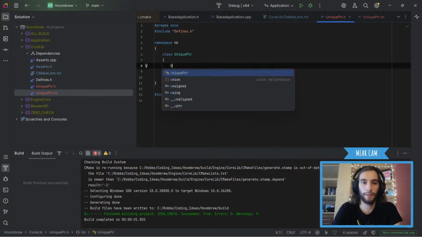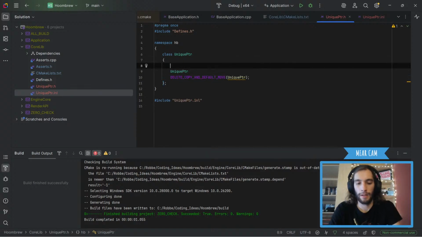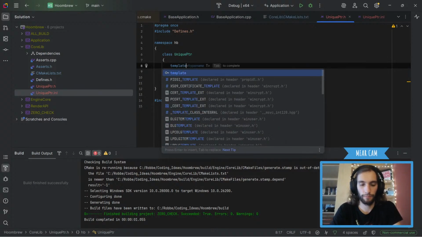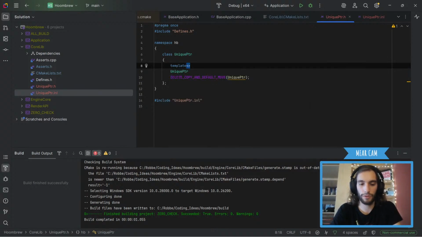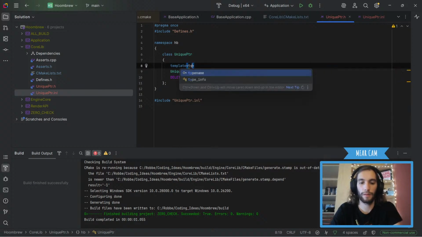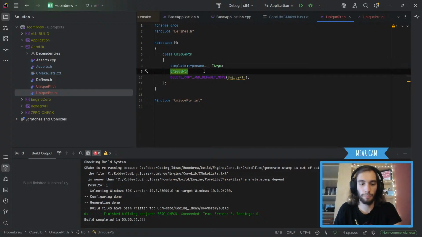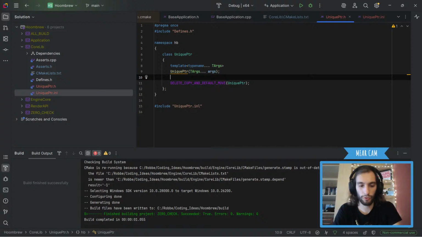And then inside our unique pointer, we're gonna have to make a templated constructor, just the args. Typename Args, which will be this. And then we're gonna do this, and that would mean that we're gonna have the args here, and those will construct it. And then on the destructor, technically we can also do